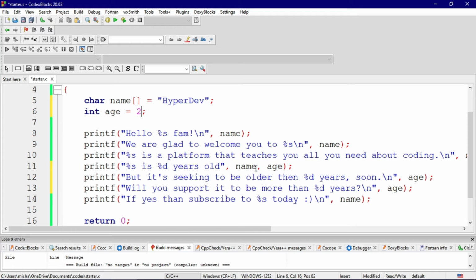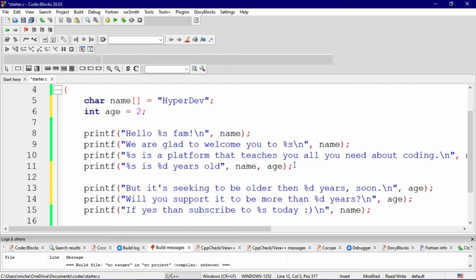So let's go deeper to understand why it is called a variable. Specifically, here we have line 11. In line 11, we printed the age, and the age here is going to refer to the age up there where we put 2. So let's say age again, the same age up there. Then let's define another value for it, like maybe 5. Let's say 5. Then we run this code.